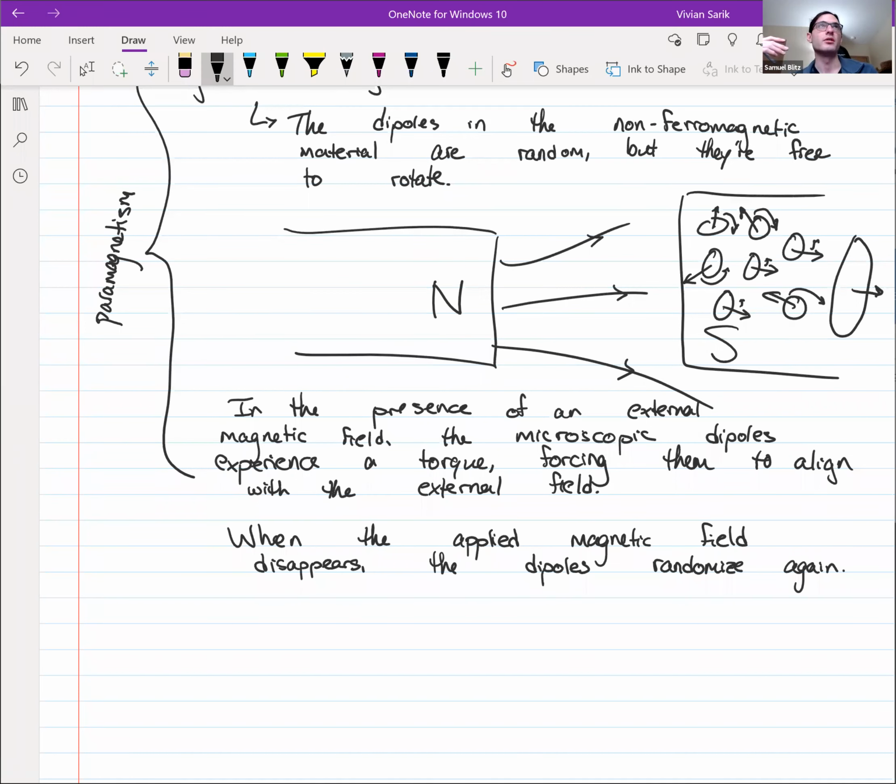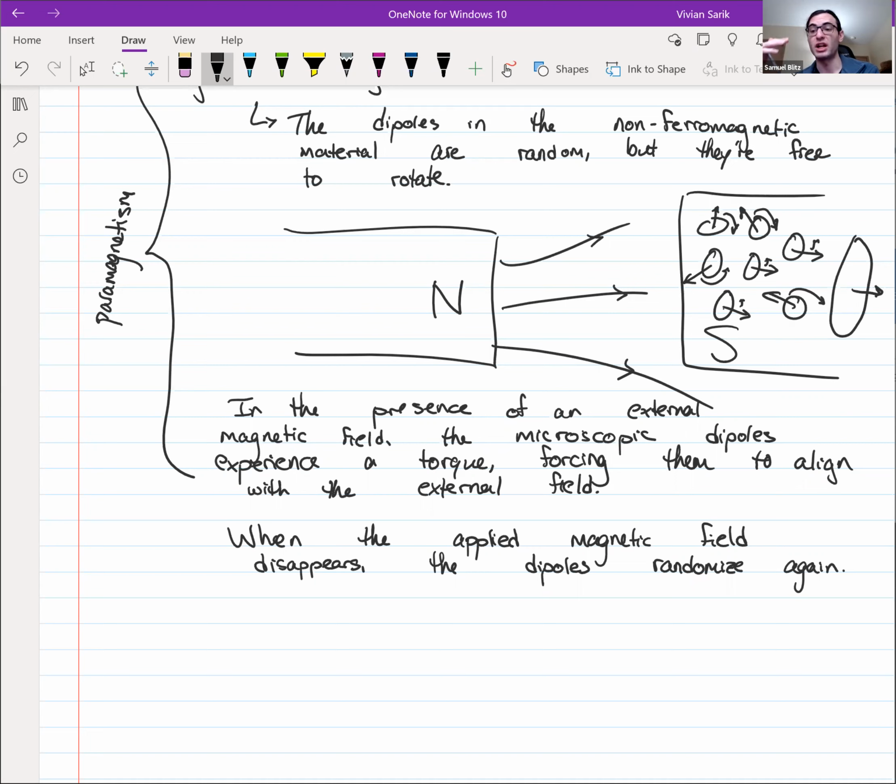Sorry, no, iron is ferromagnetic, but the domains are typically small. You can break those domains up and reform them by bringing them to a high temperature. There's a good discussion of this in the Liber text that I'm not going to go over because it's material science, and while it's interesting, there's not a whole lot of physics involved. I mean, there is, but it's not something that is fundamental. But the idea is if you want to take something that's magnetic and make it not magnetic anymore, or at least not macroscopically magnetic, like a chunk of iron,